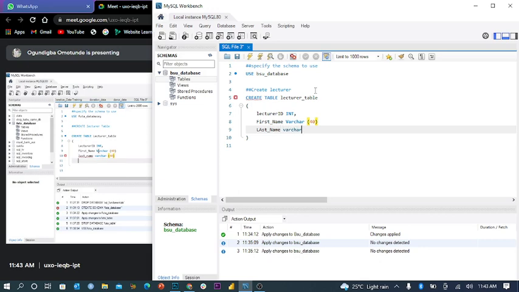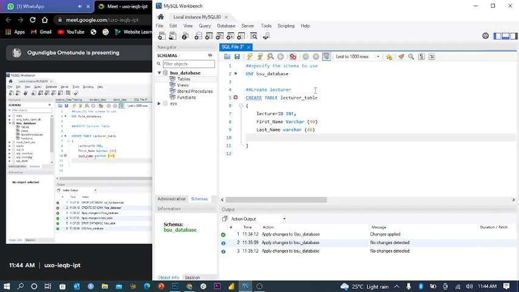Now these are the data types that you are trying to put there. These are the columns. The lecturer ID is the ID that is ascribed to individual lecturers. So each lecturer has their own distinct ID number. Then it is integer. For the first name, data type is variable character.